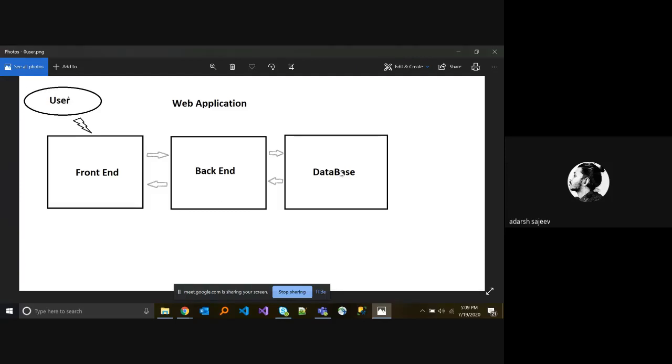So where Angular comes into the picture is that, for that purpose, we have to compare the conventional flow of an application and how this is different in client side rendering. So